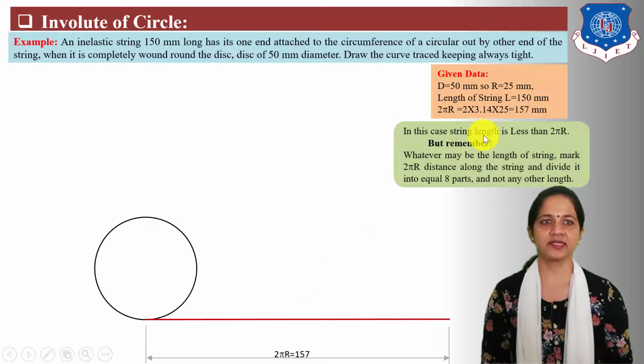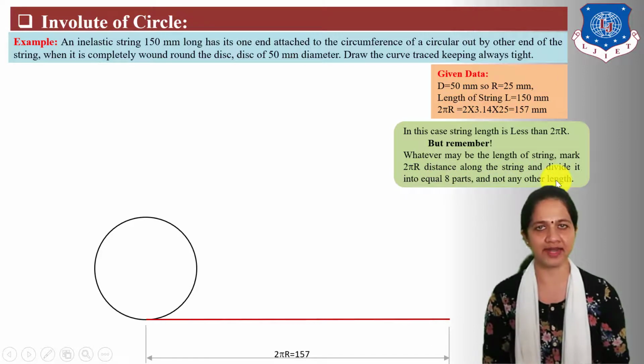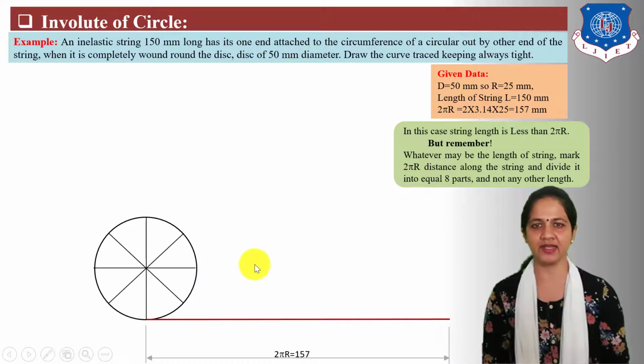In this case, the string length is less than 2 pi r, but remember always, whatever may be the length of the string, mark the 2 pi r distance along the string and divide it into equal 8 parts and not any other length. So, first divide this circle into equal 8 parts at 45-degree angle and mark here division points